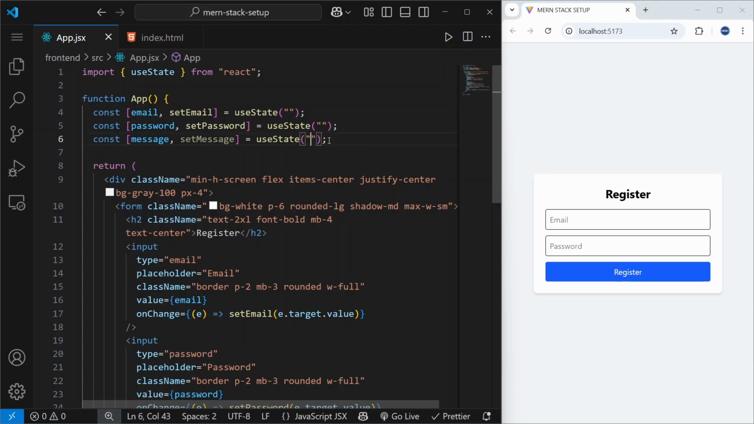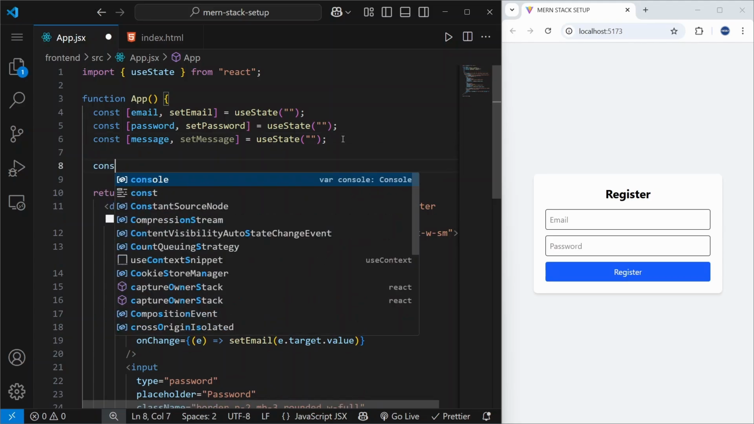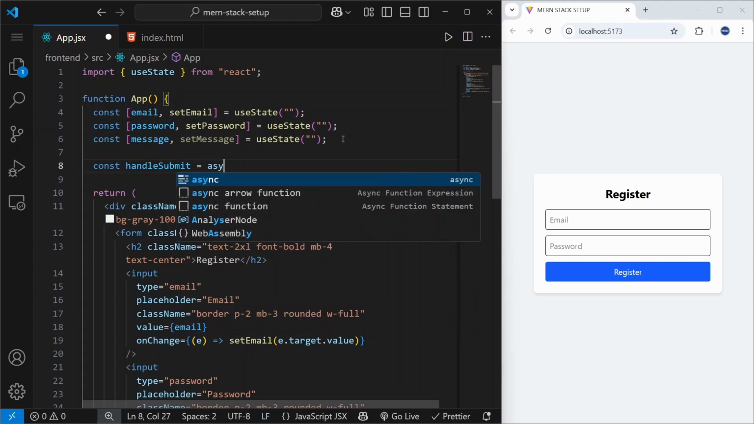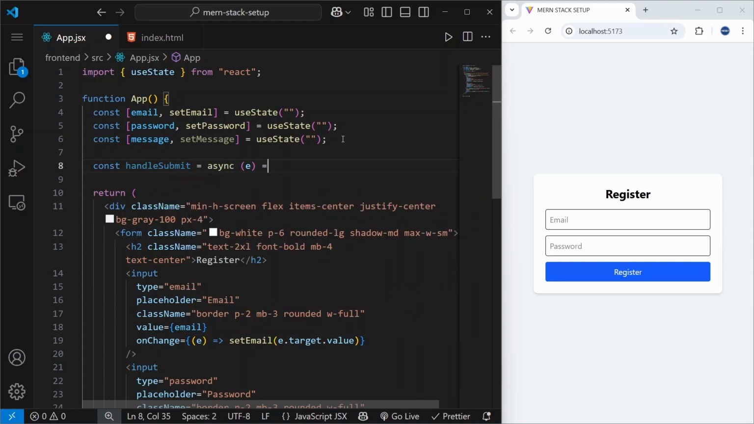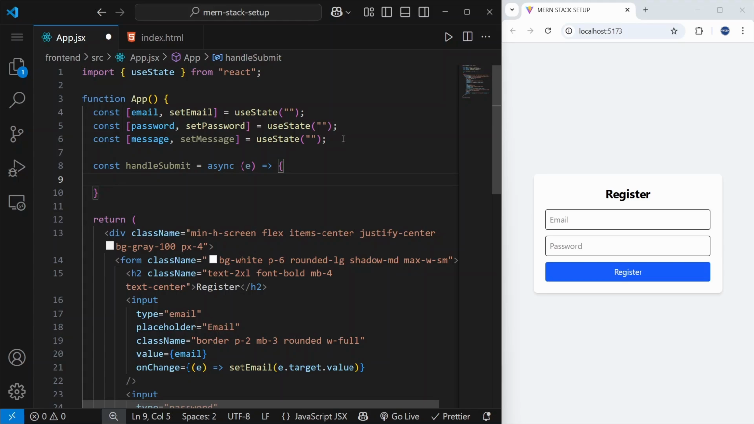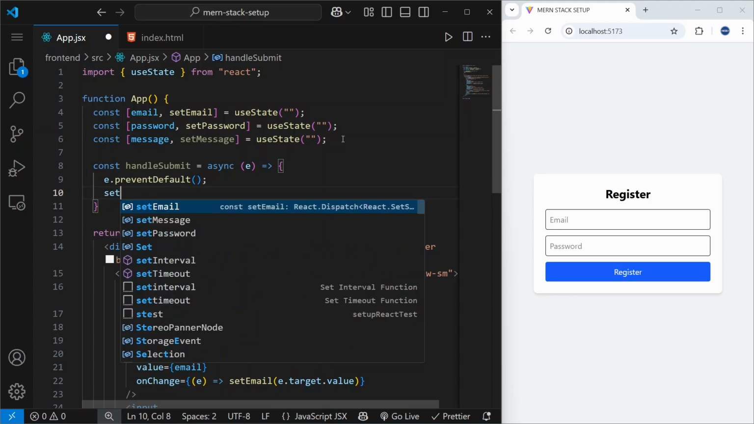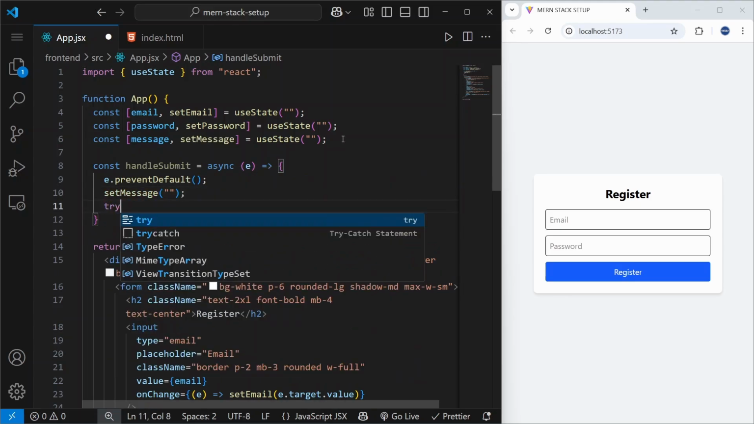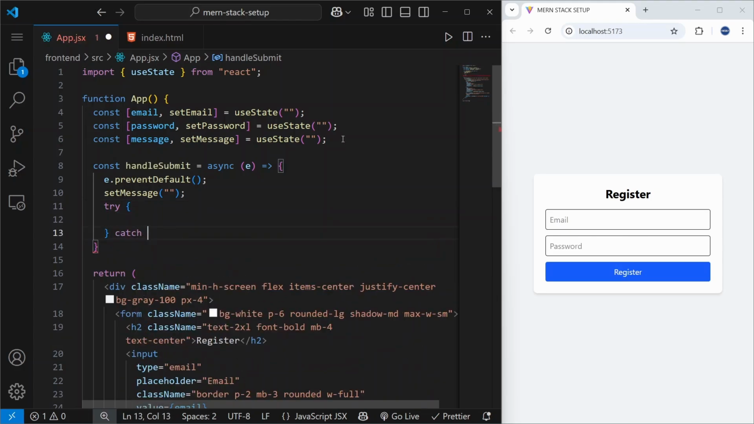And now we need to create a function so that we will be able to create our user. So let's create a function called handle submit. And here it will be asynchronous and we can get access to this event object. And we want to prevent the default behavior, so that when we submit our form, our page doesn't refresh. So we want to prevent it by saying event.preventDefault, and we want to reset our message if it was true. Okay, and here let's say try and catch block,